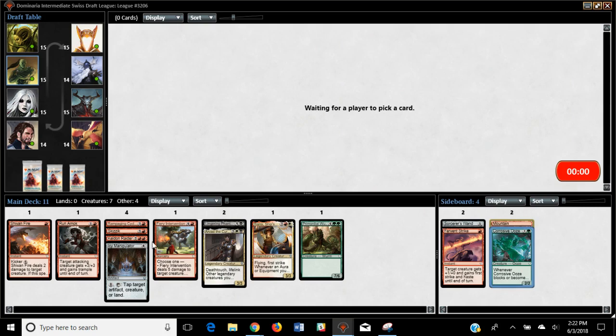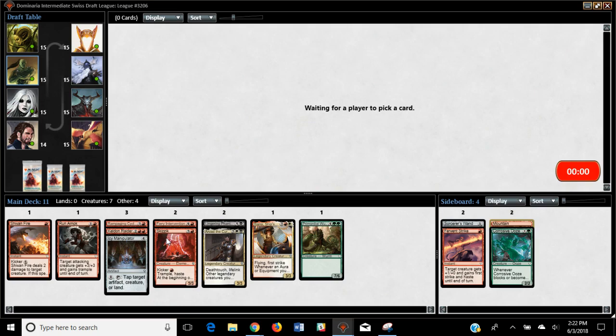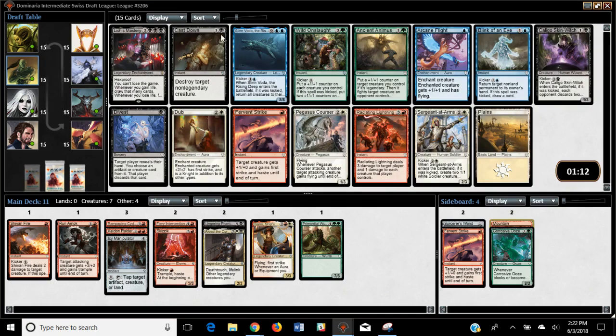So what we've got right now are a bunch of spells and a few creatures, none of which we're really happy about. So, not an ideal start for us. We do, however, open a solid black card that pushes us towards playing black. You know, we have Arvad, which we can't really cast. I don't really want to be a 3-color red-black deck, but